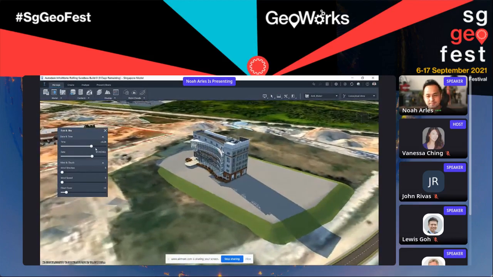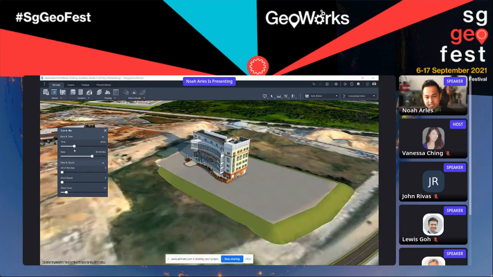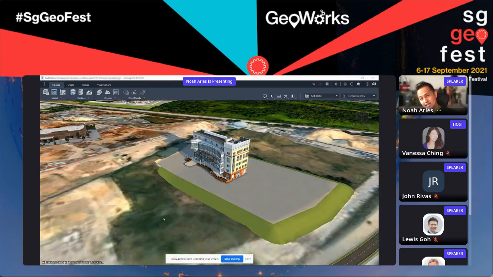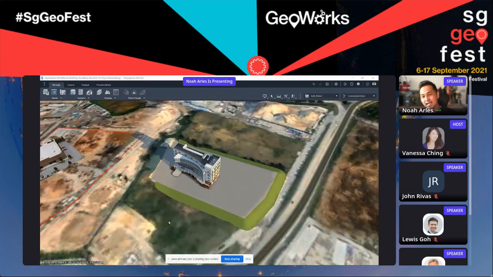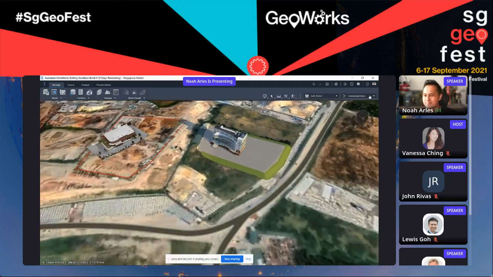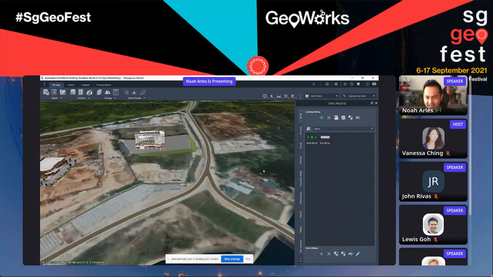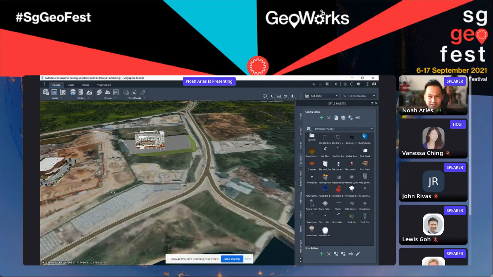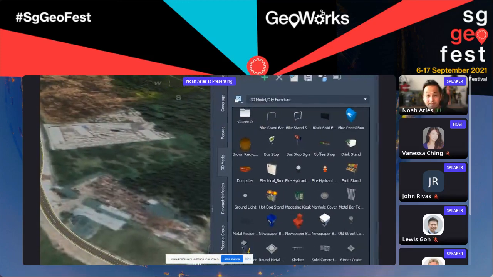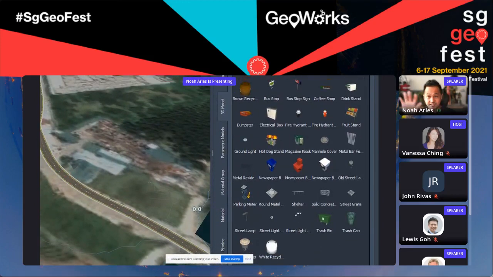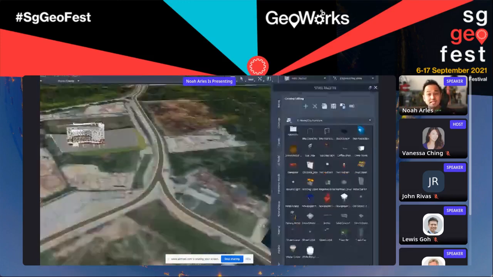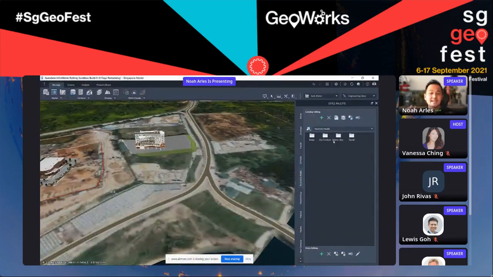All right. So what we're going to try and do next is see if we can tweak the site access by maybe expanding the capacity of the 2-lane road that we just did. To be able to do that, you can take advantage of existing content that's already inside of the platform, which is InfraWorks. Now, these are the default content, but make no mistake, you can further enrich this by adding readily available 3D information from the web.